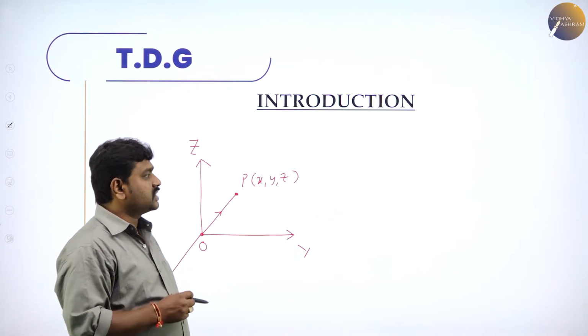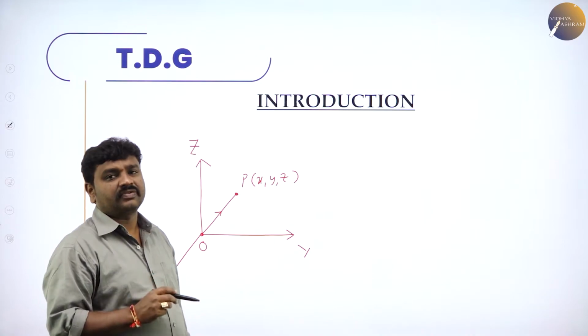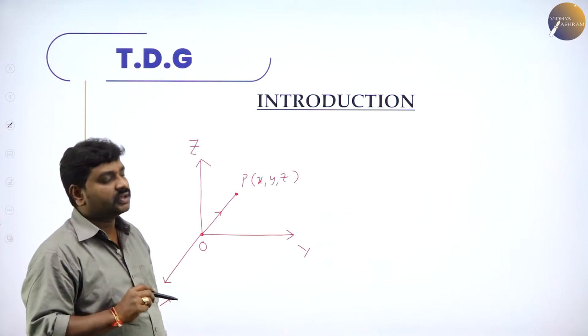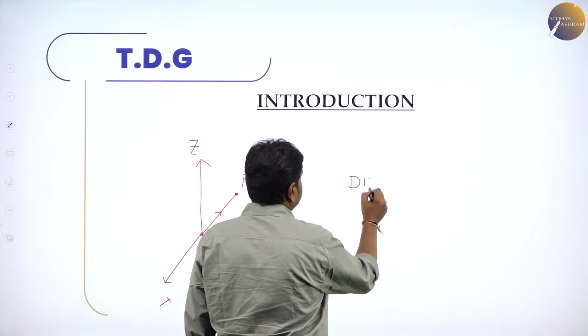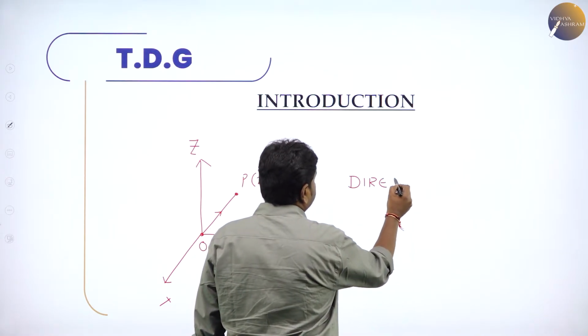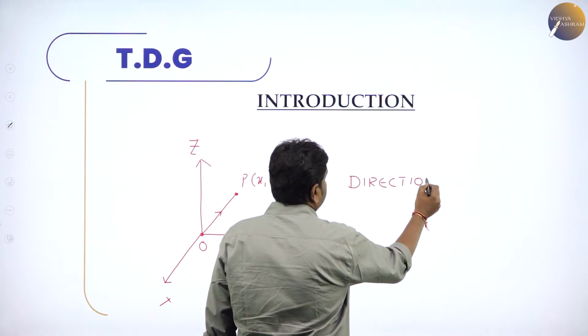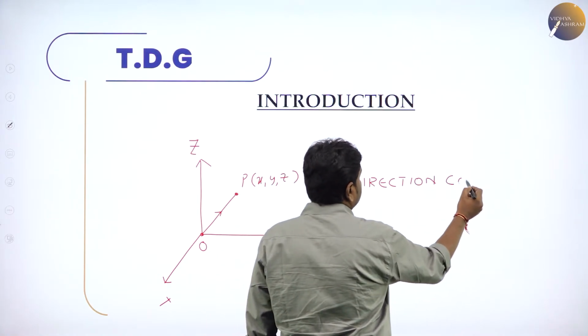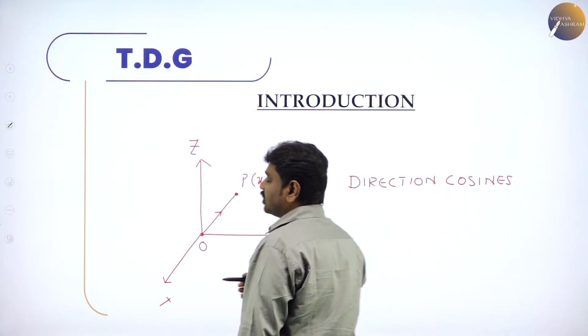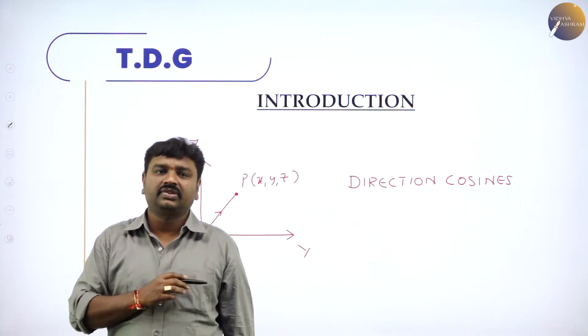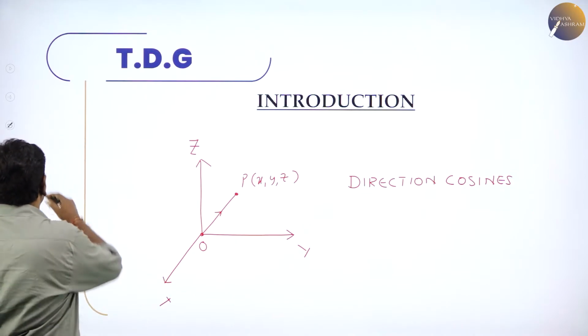So now in today's class, I will consider concepts of direction cosines. We'll see what is a direction cosine and how to find direction cosines and direction ratios. So we'll focus on this and we'll conclude the exercise, one of the important exercises in your textbook. So dear students,